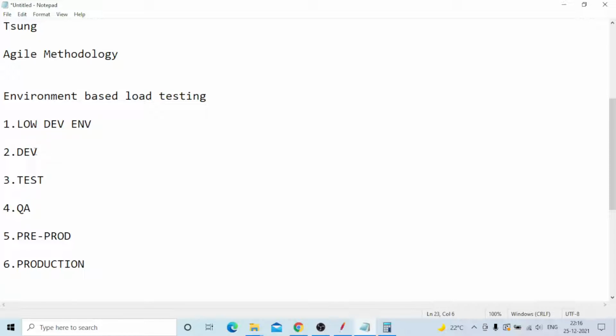Dev means it's already 50% tested, development is 50% completed, but still there are so many issues, but it's coming to the testing purpose. It's a version based type. In the test environment the application is almost done, 80 to 90% completed, and coming to the testing.